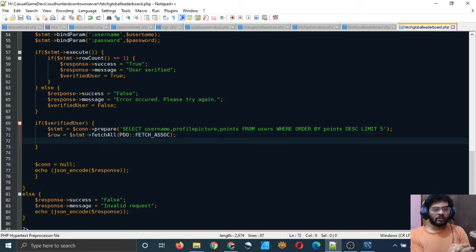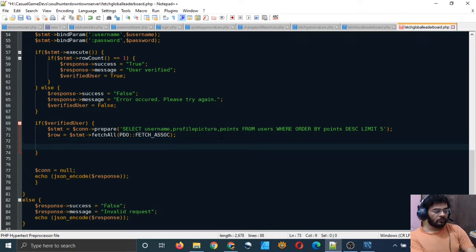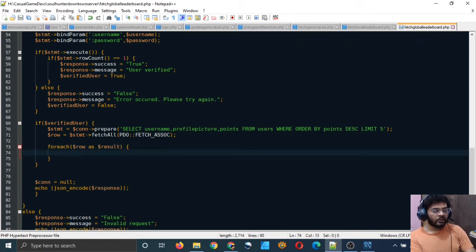Now my row variable is a multi-dimensional array, and now I will start a loop, foreach $row as $result, which means that I will iterate over the $row array and consider each item. I will give it the name of $result.